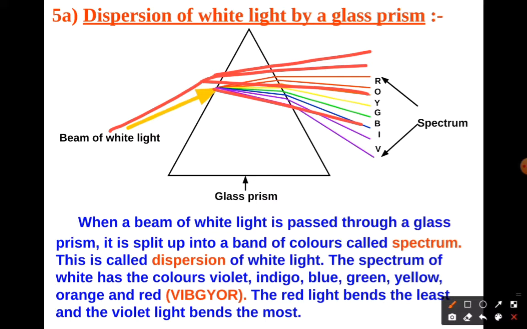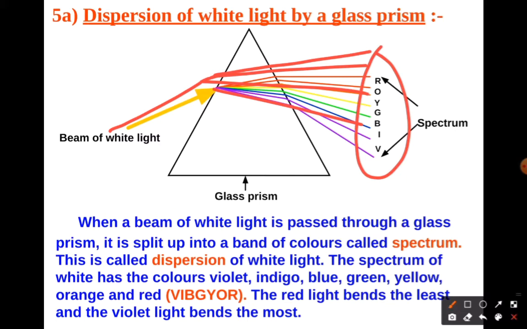Take an example: take a glass prism and place it close to the wall on one side of the triangular face. Also allow a narrow beam of white light from the sun or some other source of light to fall on the rectangular face of the prism. What you can see here, the prism should be kept away from the wall. On entering the glass prism, the beam of white light splits into a band of 7 colors, that means VIBGYOR. They produce a spectrum of colors: violet, indigo, blue, green, yellow, orange and red.